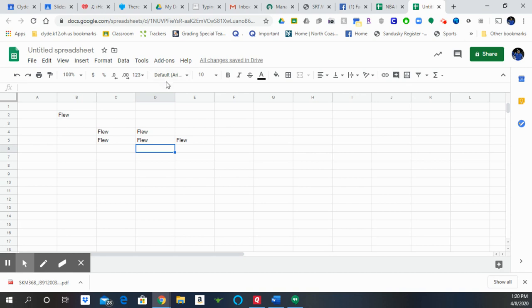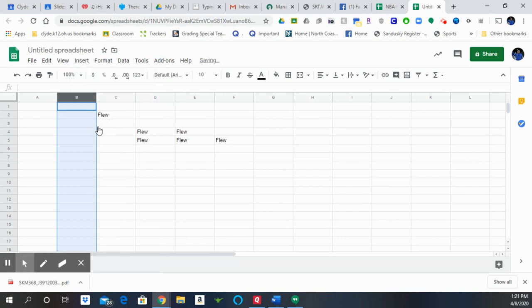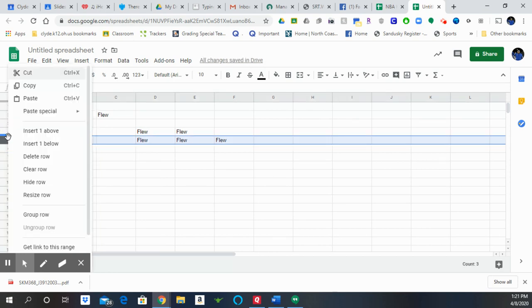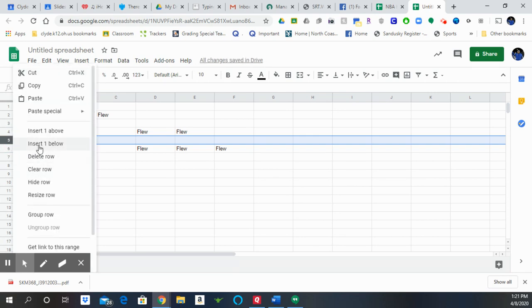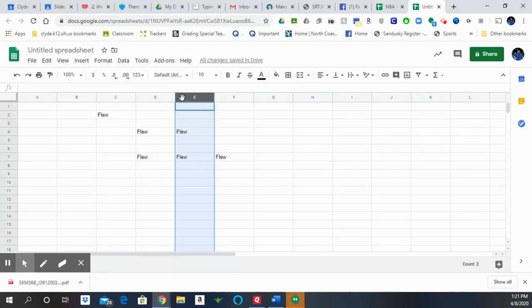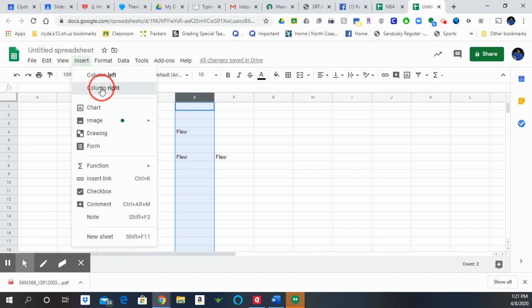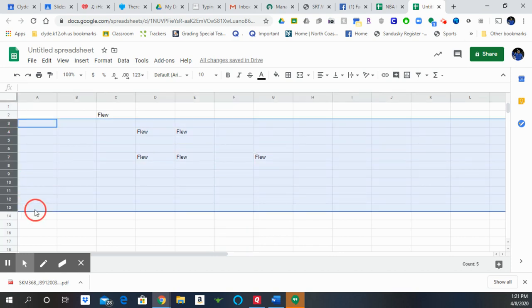Insert a new row. If I want to insert a row or a column, I right mouse click and you'll see insert one left, insert one above, or insert one below. Or I can come up here, insert row above, and so forth, whatever I have highlighted. I go insert column right, and it does those for me. If I want to delete a row or rows, I highlight it, right mouse click, delete rows. Pretty easy. When you get done entering the data and following the directions, go ahead and share it to me